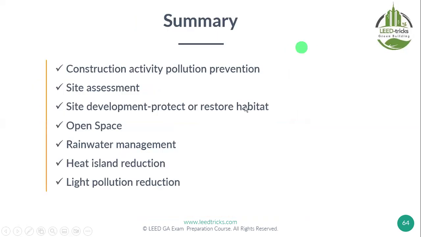That's all about sustainable sites. So from stormwater management to heat island reduction, site assessment, construction, open space, rainwater, heat island, and light pollution. We know there is light pollution. We know what a heat island is, how to manage rainwater, what the open space definition is, site development, how to protect and restore, and construction pollution prevention and site assessment. All this we have learned now during our